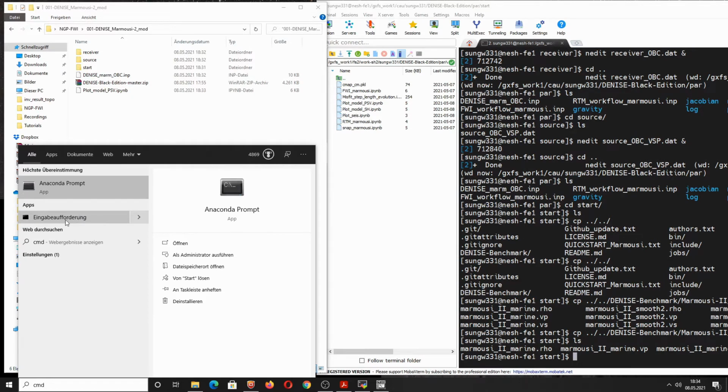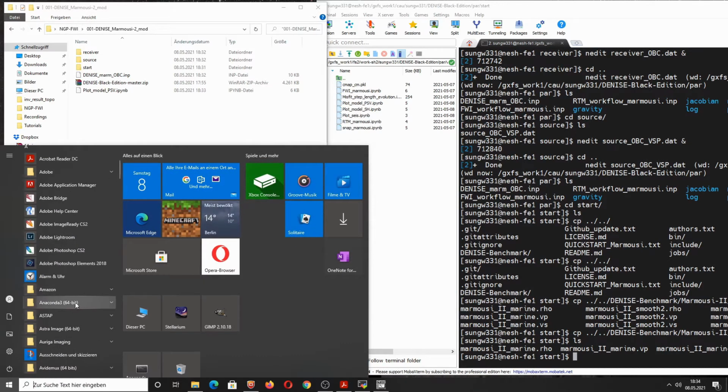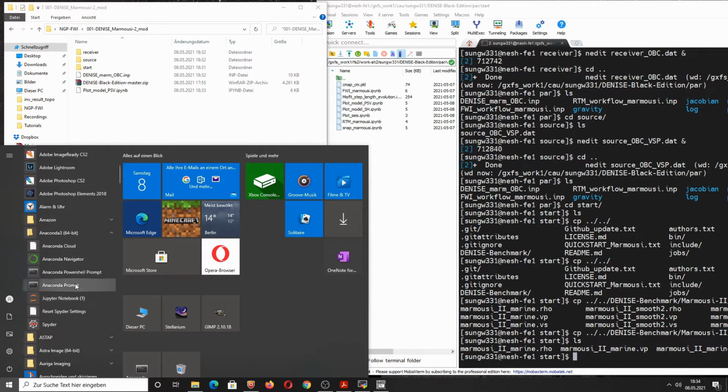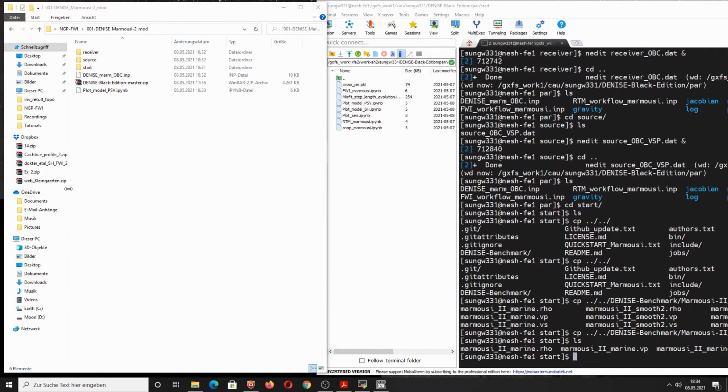You cannot use here the traditional command window because all the Python packages that are coming with the Anaconda distribution are only available here in this Anaconda prompt. So if this doesn't actually pop up, you have to go into your start menu, then into Anaconda, and then you can go here to Anaconda prompt.